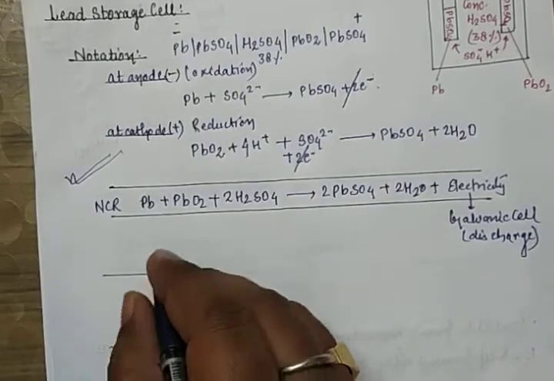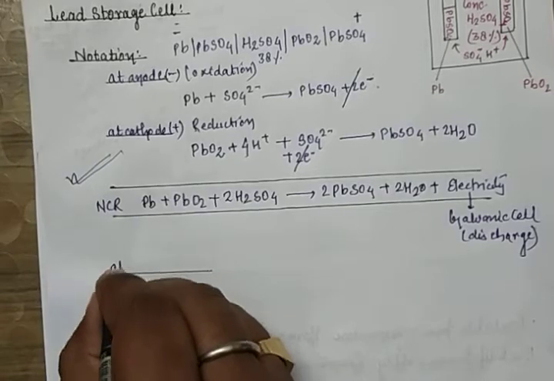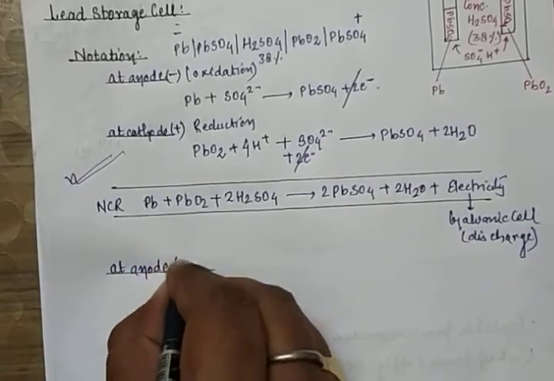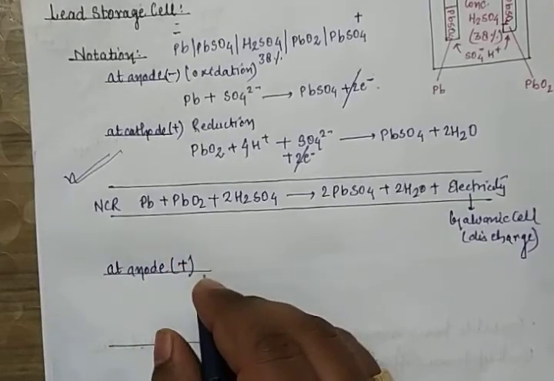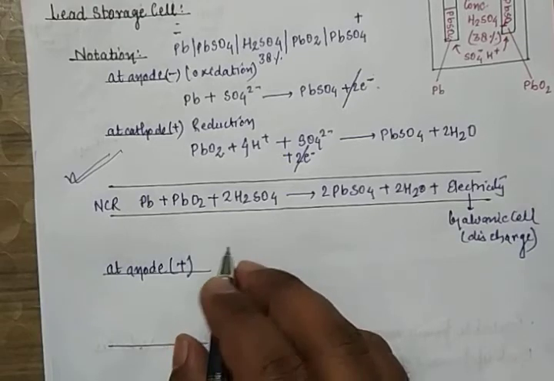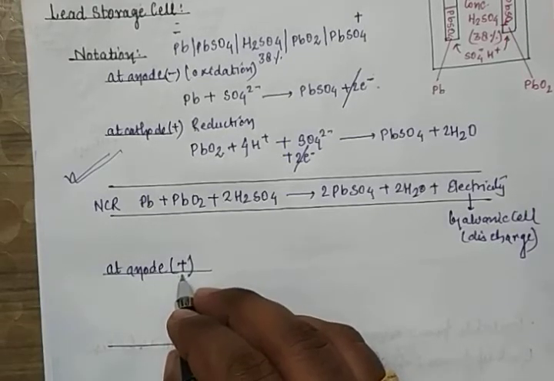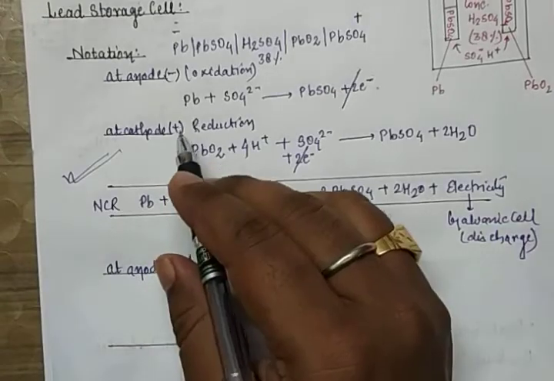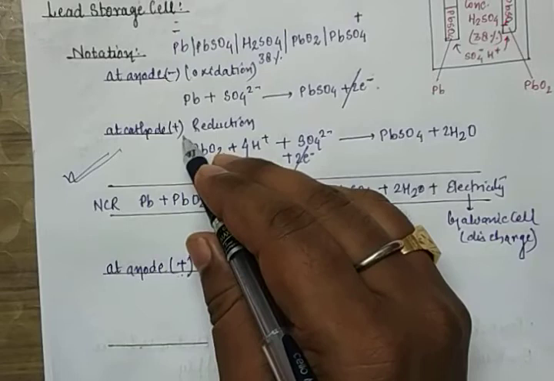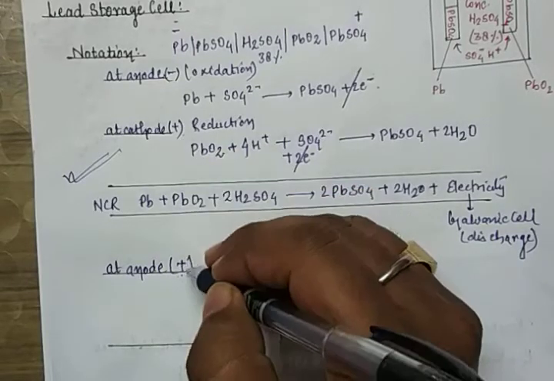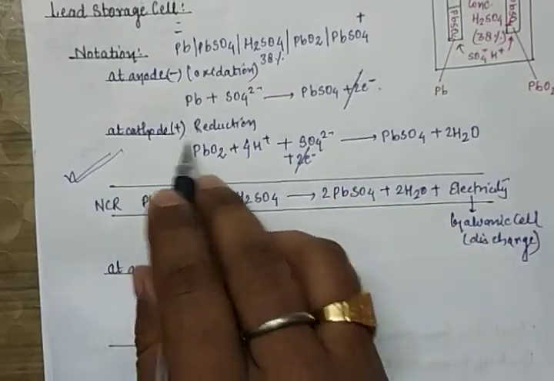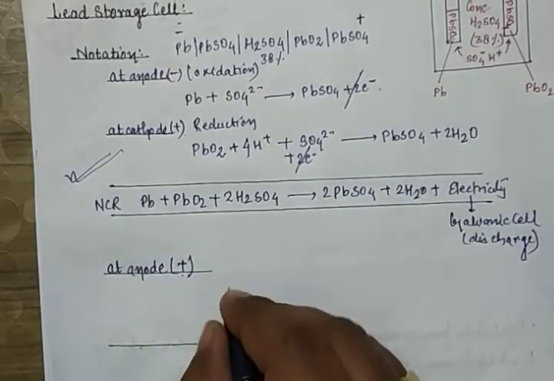So here at the anode, is it positive or negative? Definitely positive, because it works as an electrolytic cell. Now this is a very important thing. In this case, anode is positive, and here cathode is positive. Just focus, this is very important. So in this process, just turn the values opposite in direction.